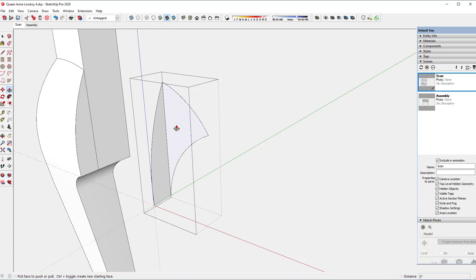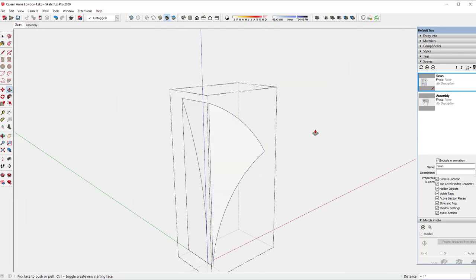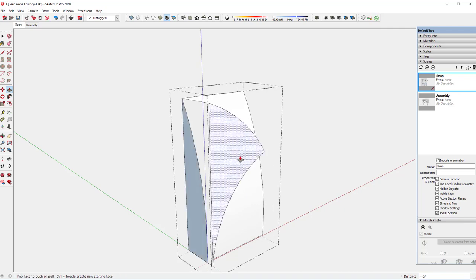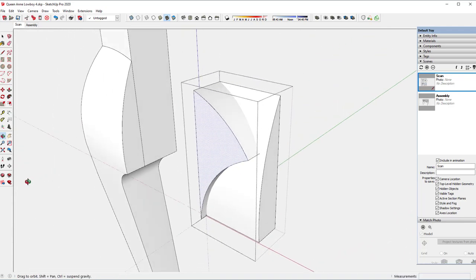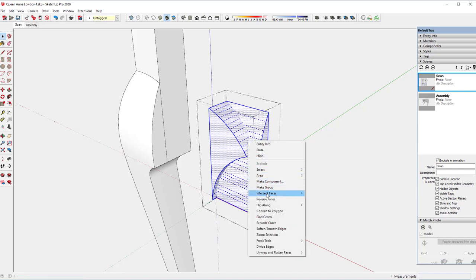And I need to hit the control key to bring this face out. And then I need to hit that control key again and bring that face out that way. And select everything and run intersect faces with selection,